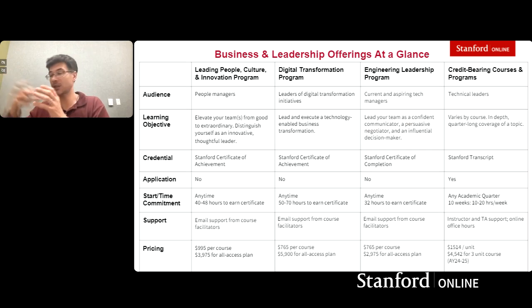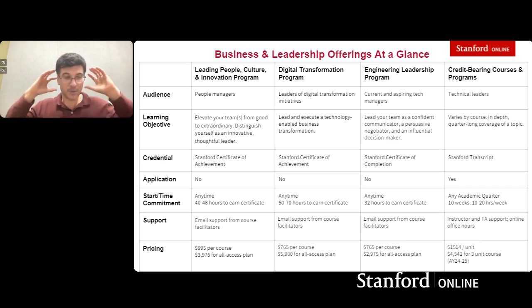You're going to have to fit that time within each of those weeks, right? There's a lot of flexibility in terms of what quarters you take courses, but once you're enrolled in that course, there's much less flexibility. So in terms of thinking about that time commitment, it's really what's going to fit your schedule, what you have time to do, and what's going to meet your learning goals and the outcomes that you're interested in.